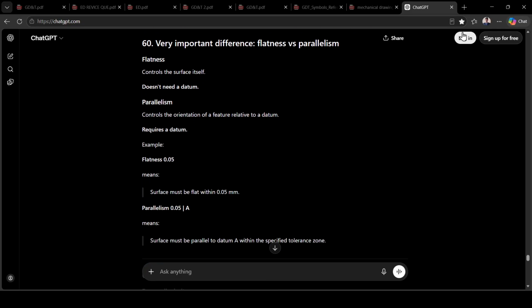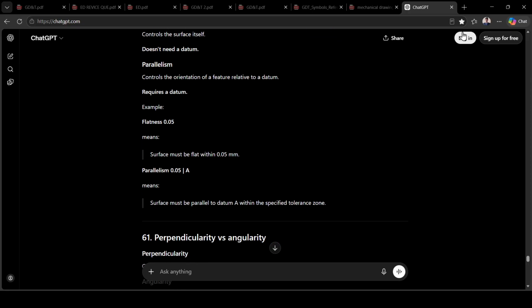Very important difference. What is the difference between flatness versus parallelism? Flatness controls the surface itself and does not need a datum. Parallelism controls the orientation of a feature relative to a datum, so it requires a datum. Example: flatness 0.05 means the surface must be flat within 0.05 mm. Parallelism 0.05 relative to A means the surface must be parallel to datum A within the